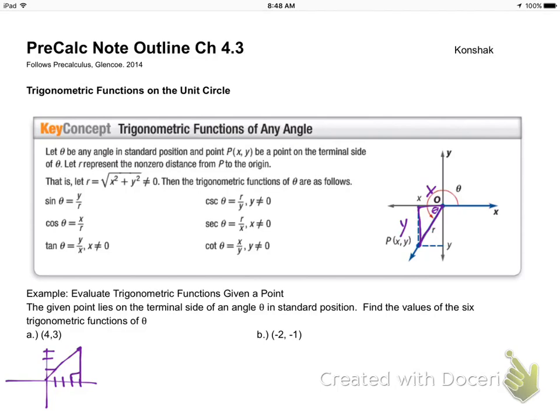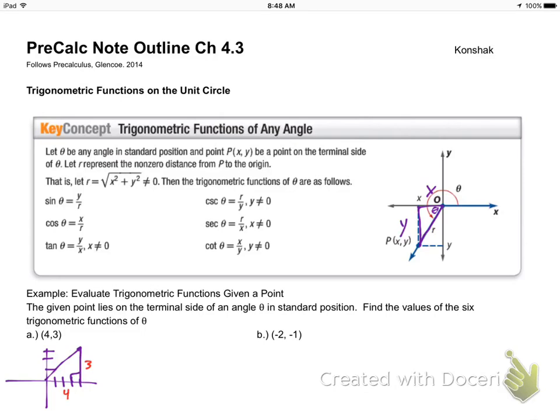How far to the right? I went 4 to the right, which is a positive 4, yes? Then I went 3 up, which is again positive. I now have x and I have y. I need to know r. To find r, they gave us the clue above, use